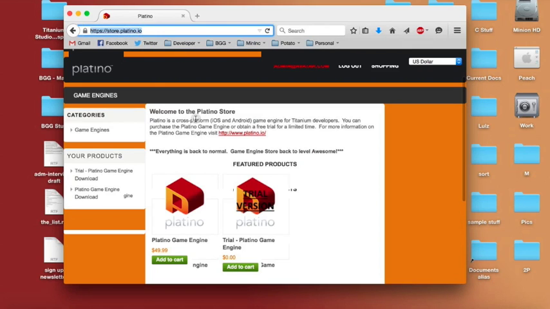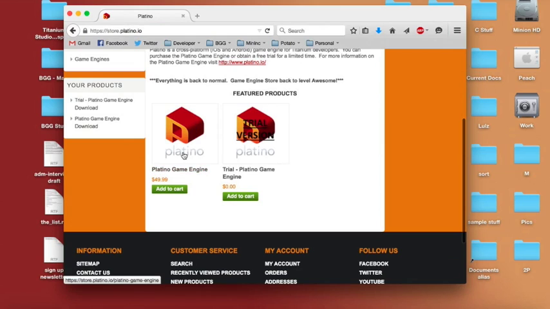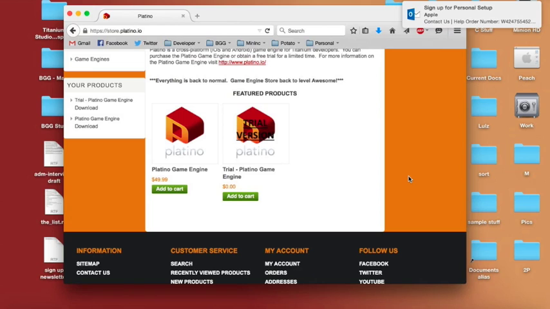So you want to go to store.platino.io, and from there you can either download the full version or you can get the trial. The trial has all of the features of the main version, but you cannot use it to publish apps, and it will expire after 60 days. Any apps built with it after 60 days will stop running. Okay, so once you've downloaded it here,